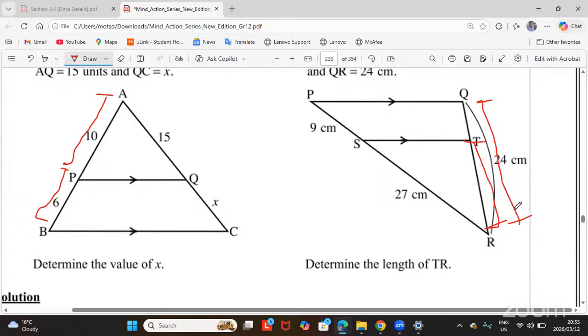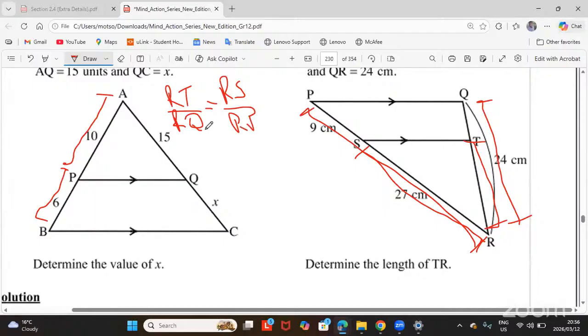Then you highlight the same thing on the other side. You highlight RS, just like we moved from this point to the line that is parallel to the third side of the triangle. You move again from the R to the line that is parallel to the third side of the triangle. Again, we highlight everything on that other side, just like we did this side. Now, how do we use the proportionality theorem? We use TR from the R to the point that is parallel. So it's going to be RT all over everything RQ, equal to RS over everything